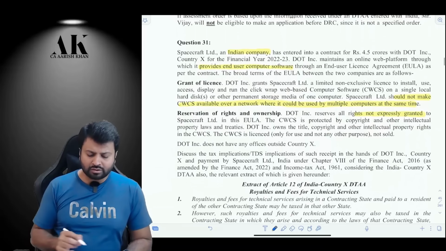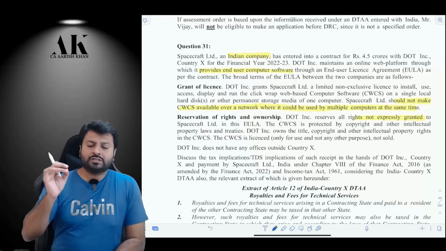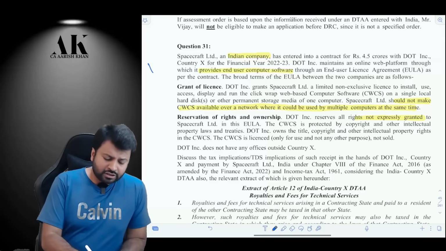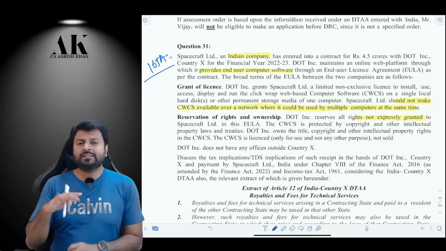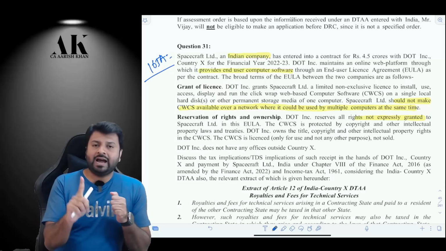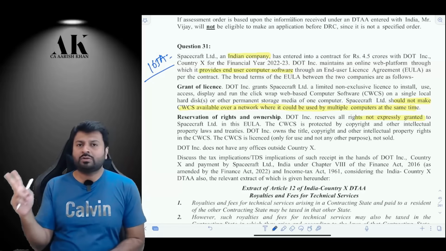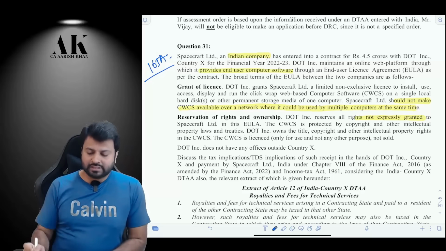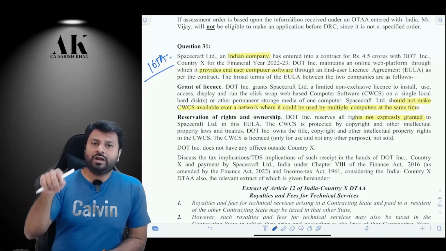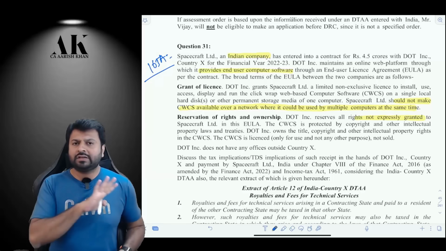Okay. Next question, question number 31, is a very beautiful question which is based on equalization levy. Now, there is an equalization levy, section 165A, which says that if there is an e-commerce operator who is providing some services and he does not have a PE in India and his turnover from India is 2 crore rupees or more, then he is liable for equalization levy. So we need to check all these things. And the services which he is providing should not be in the nature of royalty and FTS. If it is in the nature of royalty and FTS, equalization levy is not applicable.